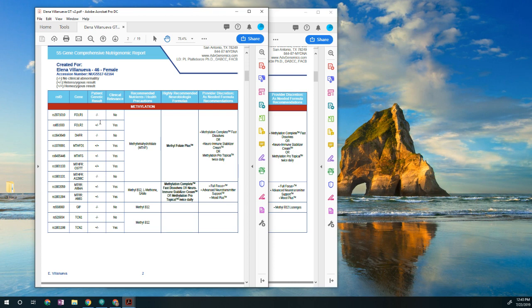And if you have mutations along any one of these, then you're just going to have more of an issue uptaking folate and converting it into methyl groups. And as you can see here, I actually have quite a big issue converting folate into a methyl group. So I have some issues getting it into the cell. I have some conversion issues as well.